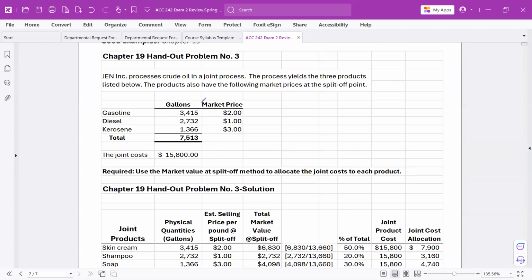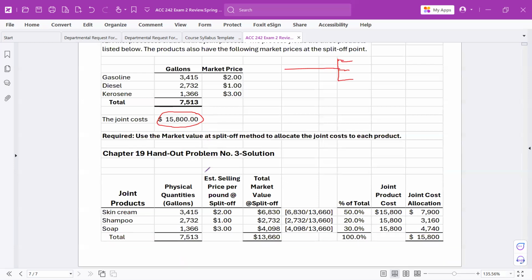So in this case, we have three products that occur in this joint process. So again, you've got one joint process, and in this process, you end up with three products, and you need to allocate the cost of $15,800 to all three of these products, to the gasoline, the diesel, and the kerosene. But we're going to use market value. So to determine the market value, we're going to take the physical quantity and multiply that physical quantity times the